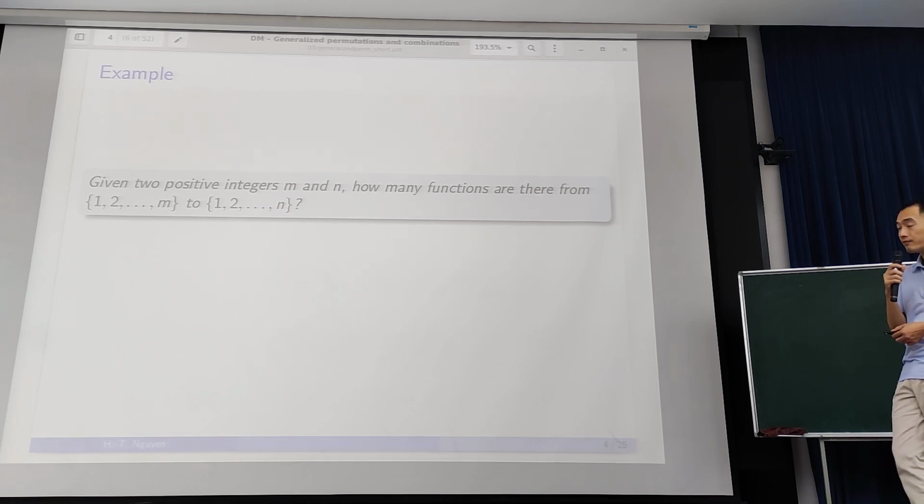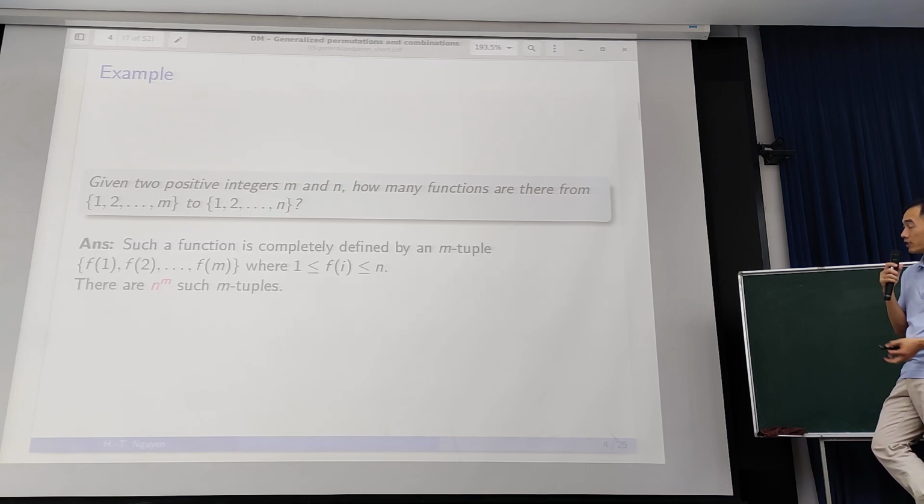If we don't have any restriction on the functions, then for any number from 1 to n, you can take any of the n numbers. So for each element of the domain, you have n choices, so by the product rule,